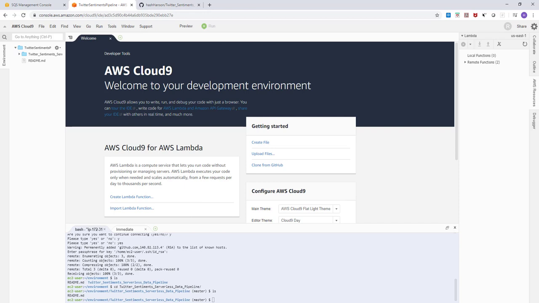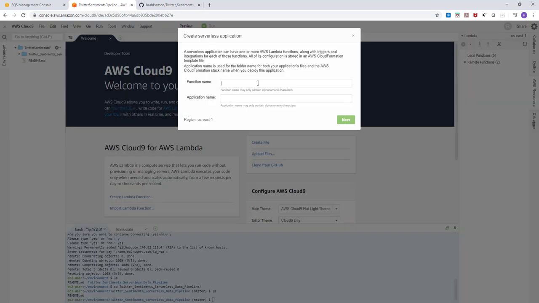It is going to read records from DynamoDB and then put those records into SQS. So you just do that by clicking the Lambda icon here, and I'm going to call it Twitter Sentiment Consumer,